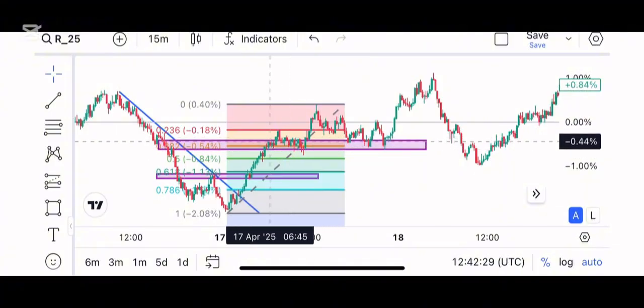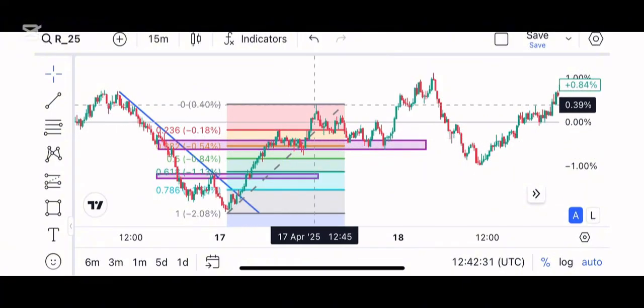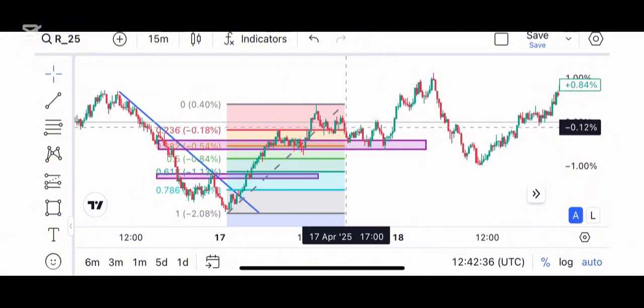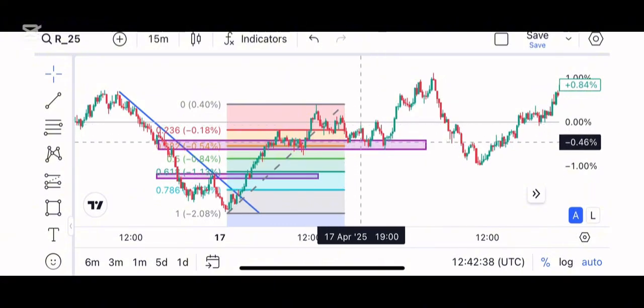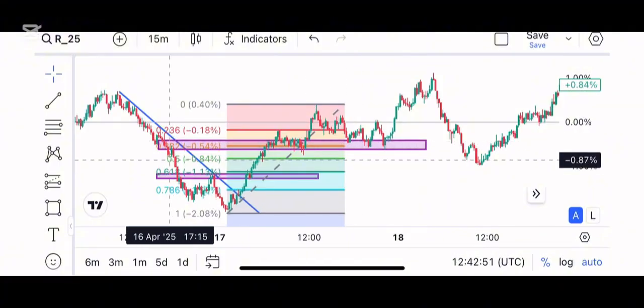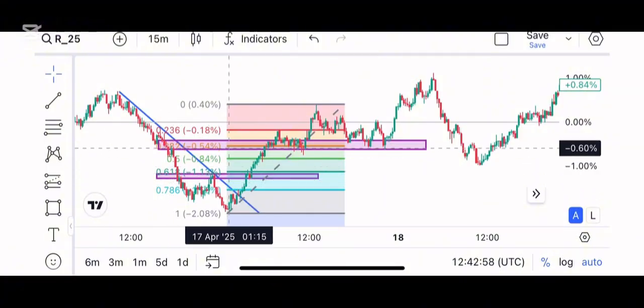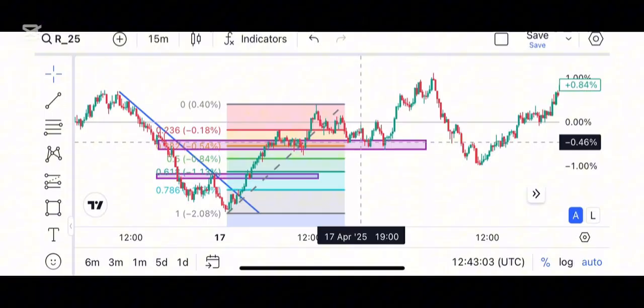So I can tell that this point was a good support zone. So anytime the market is coming down, I'm going to draw that zone area on this side and allow the market to come down there. But what must happen is that point must be a valid Fibonacci ratio. What I'm saying is at least that point must be on the 38.2, 0.5, or 0.6. Any one of those points is where I'll be taking that trade as far as it coincides with a valid support. I don't know if you get the point here. So it is at this point I will start finding my buy